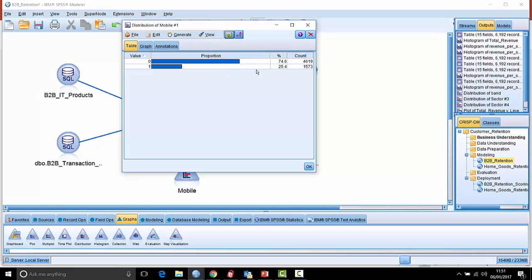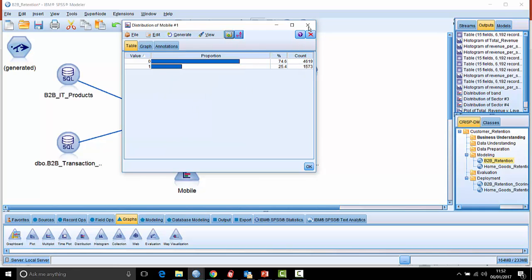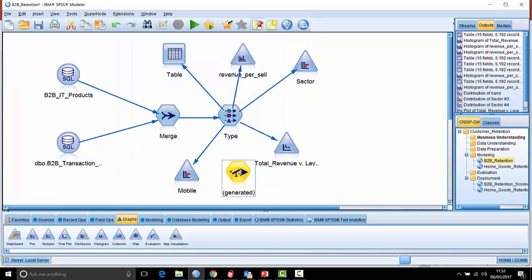For whatever reason, let's say we need to rebalance the data. Again, if I go to generate here, you can see you can balance node reduce, which will artificially reduce it down to 1500 cases roughly each, or boost, which will artificially boost it up to 4600 cases each. Let's go for balance node reduce, and that will rebalance the data for me downstream of that point,